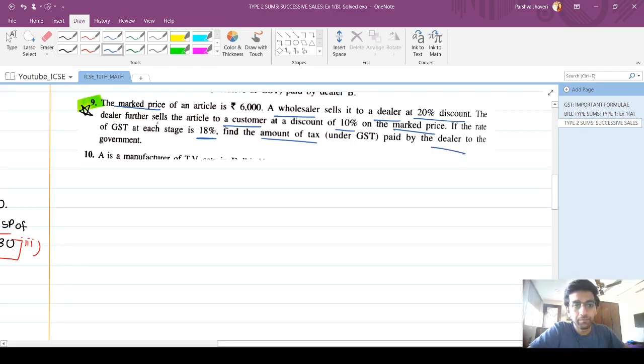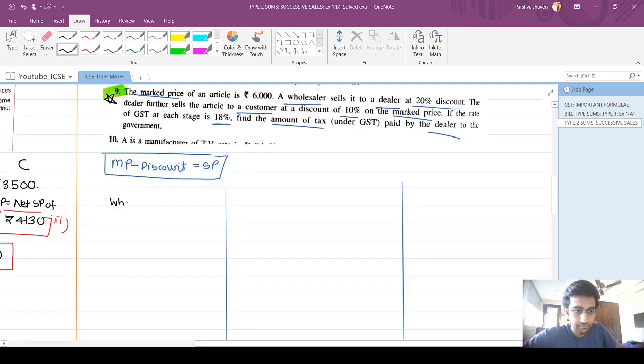Okay, now please don't get confused. They are giving discount, discount, and discount. But remember that your marked price is a very important factor. Why? Because marked price minus discount is equal to selling price. This is going to be something important we're using over here. Let's get into it.